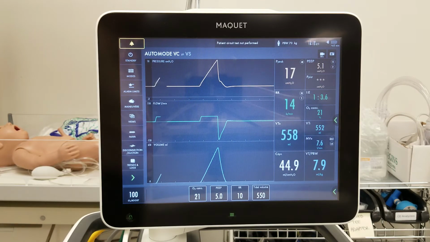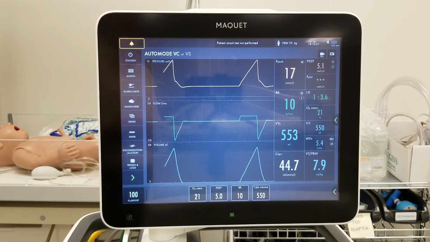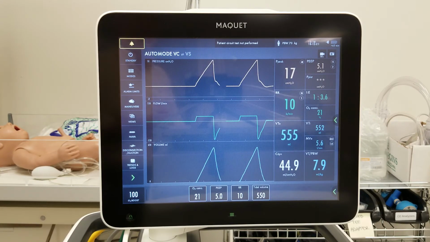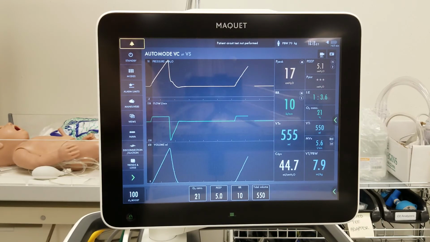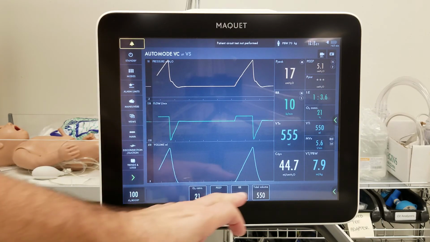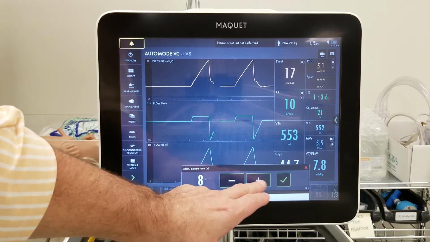But that's what happens. So in all of these auto modes, they work identically. If the patient doesn't breathe, they're in their assist control mode. But the very first effort, as soon as they make an effort, they go over to either VS, in the case of PRVC and VC, or PS, in the case of pressure control. And then all of the breaths will be spontaneous breaths until they don't breathe for the designated time. Now we can switch that time in adults anywhere from 7 up to 12,